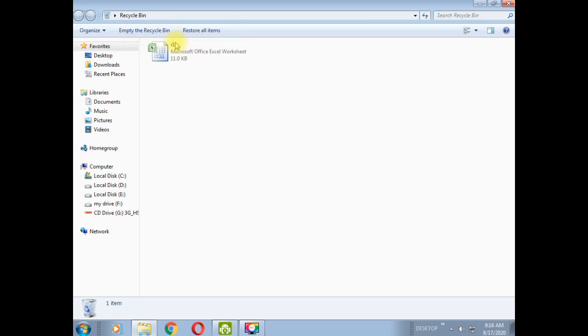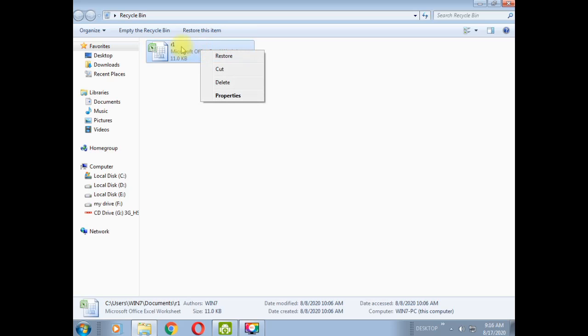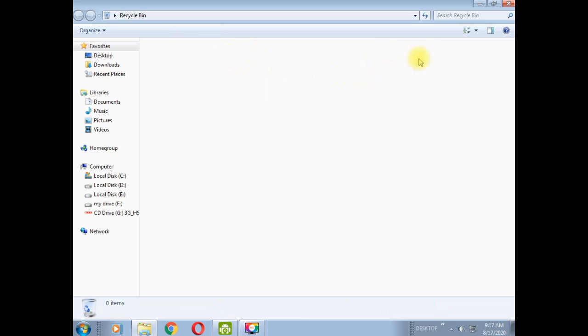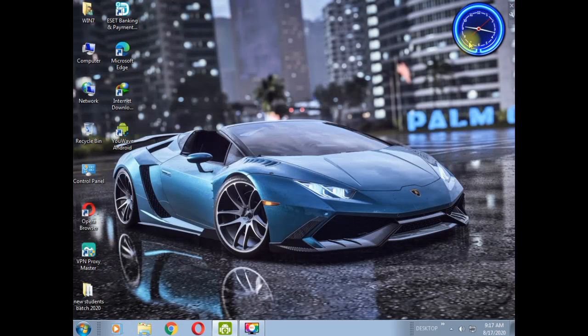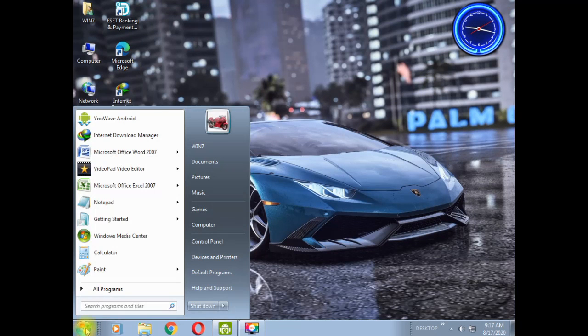But if you want to restore this file, then you will just open recycle bin and after that right click on this file, then select this option, restore. Once you click on restore option, this particular file will be restored.